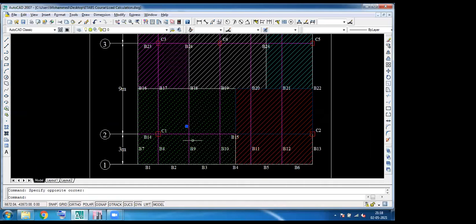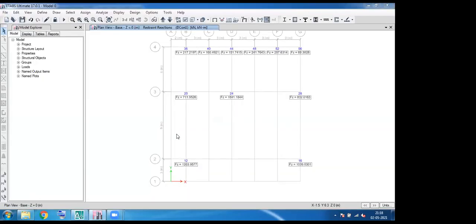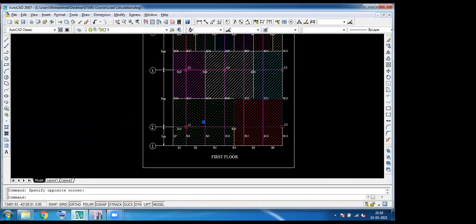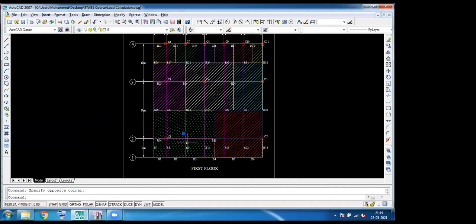You can see this green hatching area. These are the loads which are going to transfer to the column C1. So as you can see, this is the C1. This is the maximum load, 1203. So based upon this, if you know about the tributary area method, this is an assumption method, not an accurate method, but we can predict what will be the column size before analyzing it in ETABS or manual design.